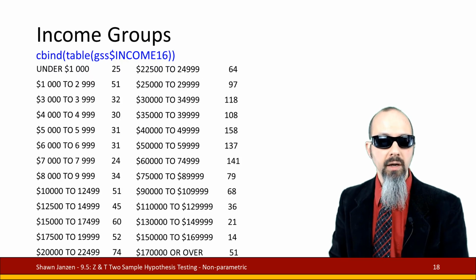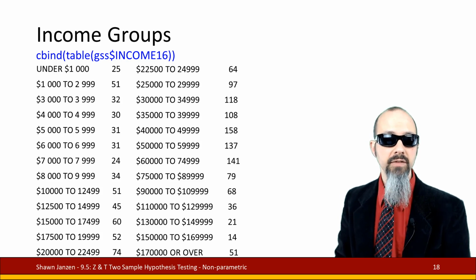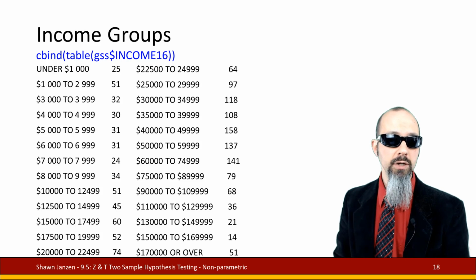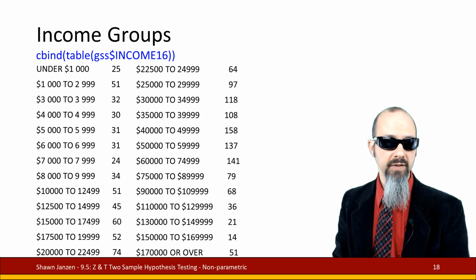What we're looking at here are income groups from the General Social Survey 2016, and it asked the survey taker, how much income did you make over the past year in 2015? And so we have 26 categories of potential buckets of income. It didn't ask for specific dollar amounts. That was thought to be a little too sensitive. So they created these ordinal buckets in which to code someone's individual income. And so we see that